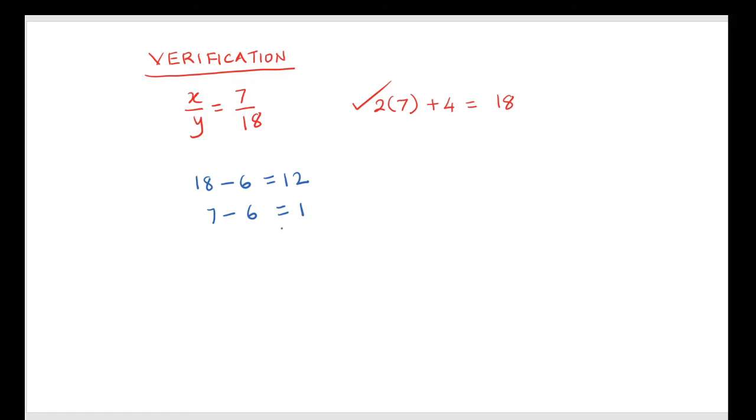So that's how we can verify whether we are right or wrong, because this kind of an example can be asked for 3 marks, or sometimes maybe even asked for 4 marks. And if we have verified our answer, we would be happy to know that we would be definitely getting the marks.